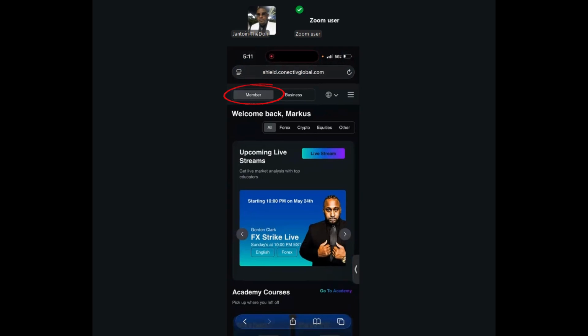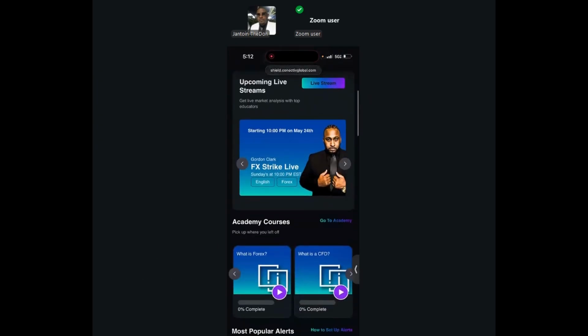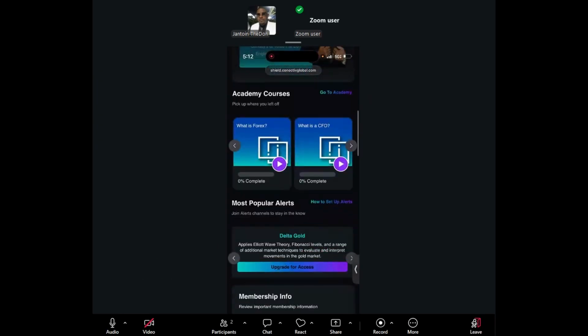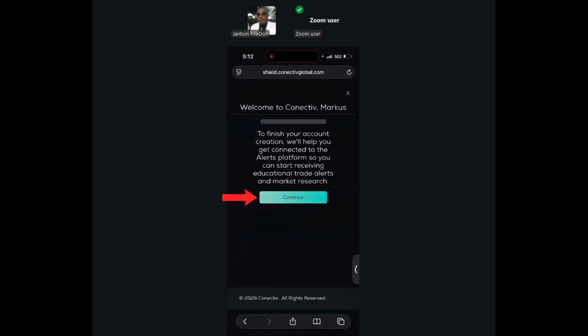So setting up your alerts is really, really easy. There's two ways you can do it. You can go to my account, which is in the top right corner, or you can scroll down to how to set up alerts. Click on the colorful words, continue,